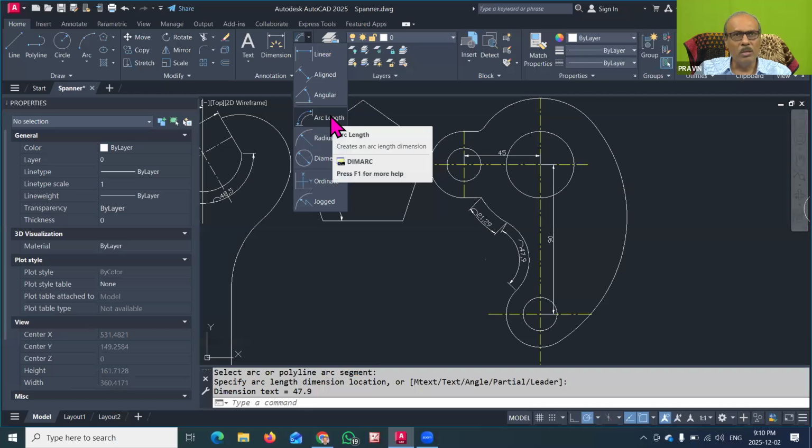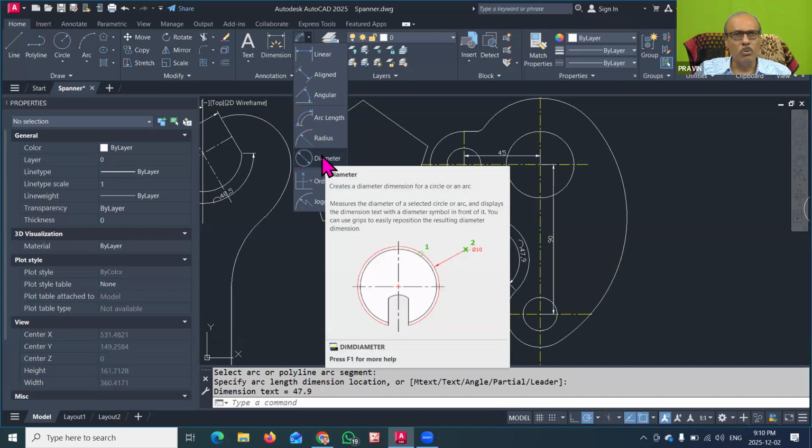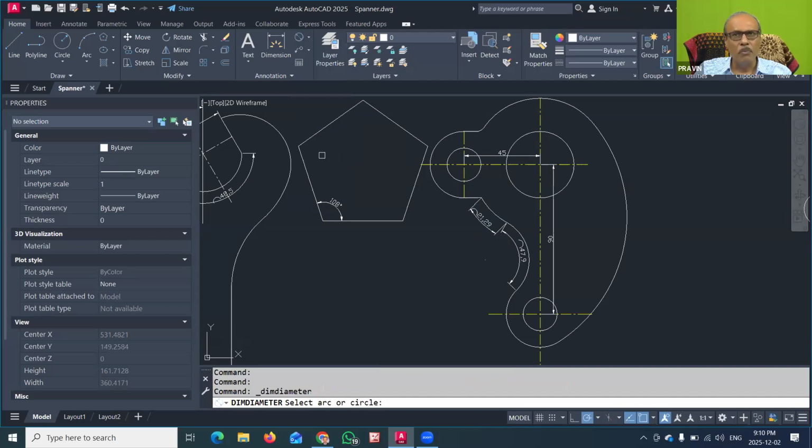Then another important thing: in this drawing also we have to show the diameter of these circles or radius of this. Whenever there is a complete circle, generally we show the diameter. So we can use this diameter command from the dimension menu. I will click on diameter and then click on the circle. It is related to circles and arcs only.